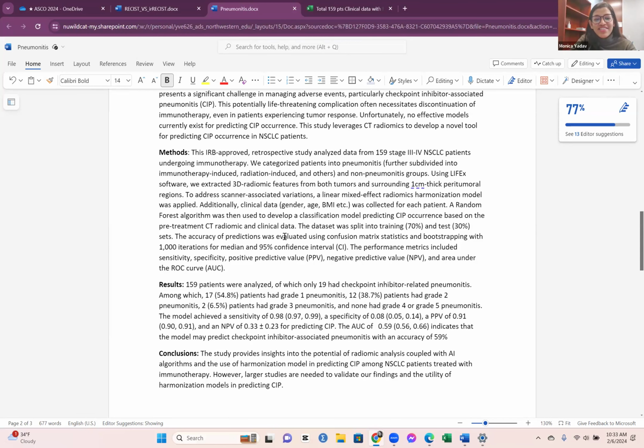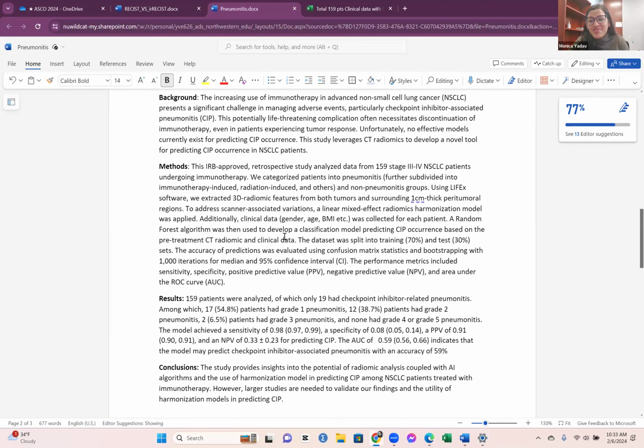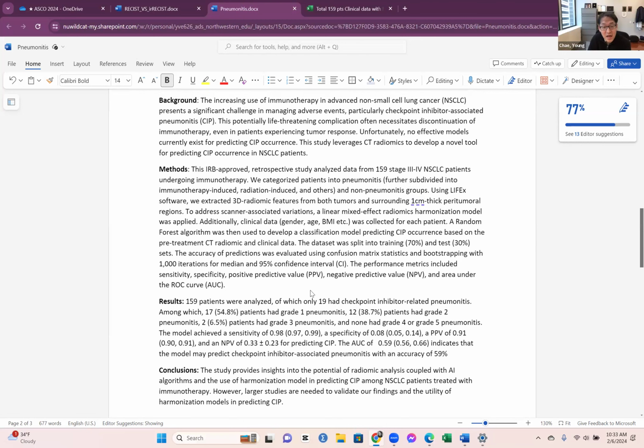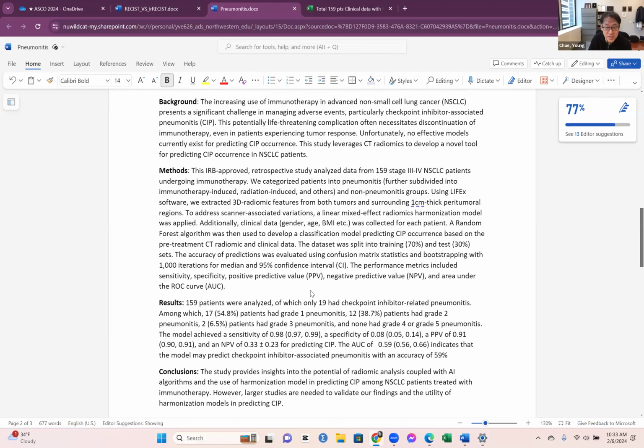This is exactly 2,600 words, so there's so little room for changes, but of course, if you think there's something we want to add, sure. You can, like I said, in the background, take out non-small cell lung cancer and just start using NSCLC. Same thing, you use CIP in the title, so you can start using CIP even from the background. You don't have to write it out because you said it in the title. That makes it just more succinct. Yeah. Thank you. Okay, next.